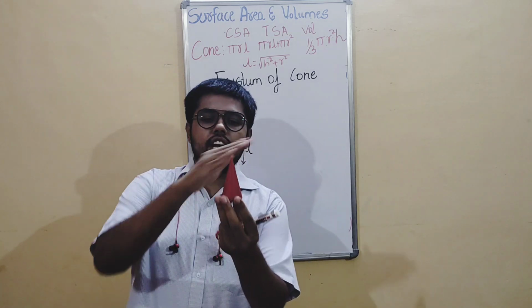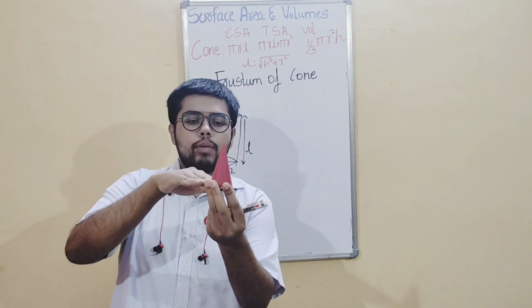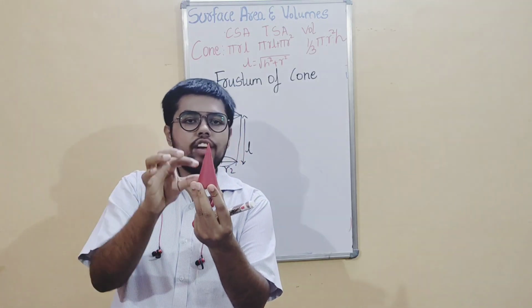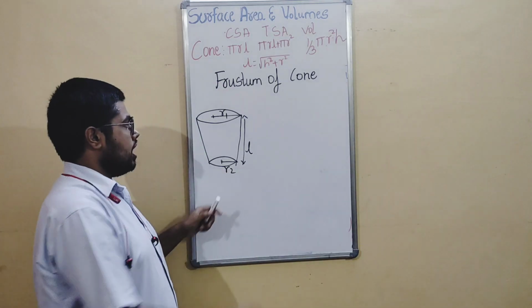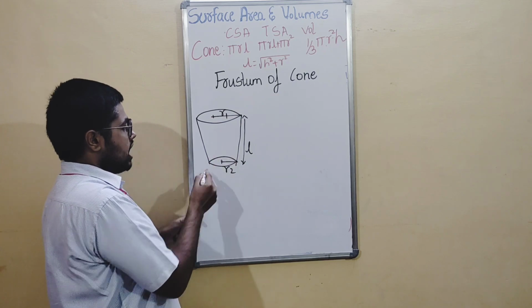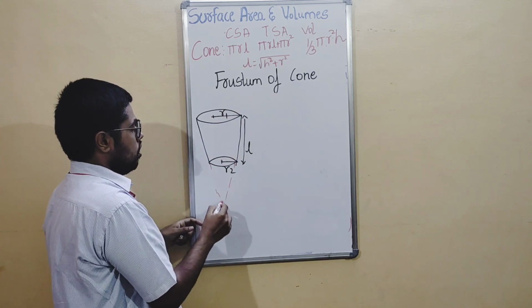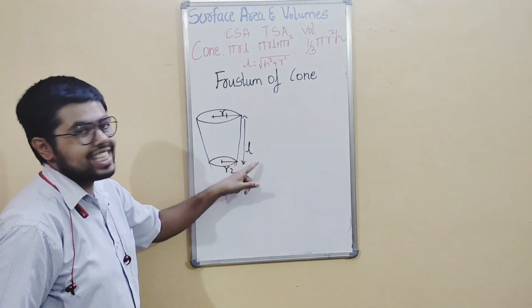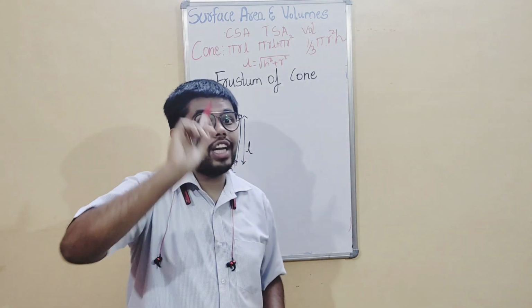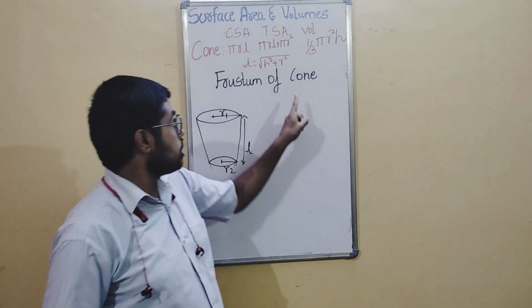See, I have a cone. If I cut it parallel to the base, like this, I will get the frustum of a cone. Similarly, I have drawn a diagram here. See, if I extend this, it becomes a cone. Now I have cut it here, so it has two different radii and one slant height. Of course, it is from the cone, therefore it has a slant height. Don't forget. Therefore, it is the frustum of a cone.